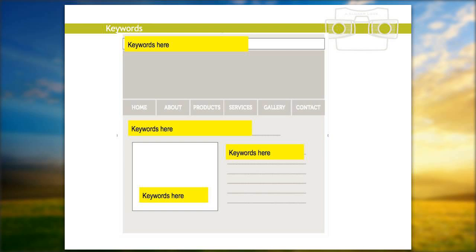So the keywords go, you can see in the heading, in the title of the page at the top there, in the heading of the page, in any images. It's good to name your images in words that relate to the keywords on that particular page, and in the body of the paragraph. Obviously in a natural way, not in an unnatural way that you wouldn't describe it to anyone else. So this is what's called on-page optimization, and this is the things that people actually can see.